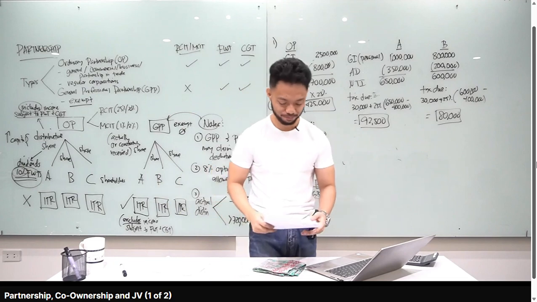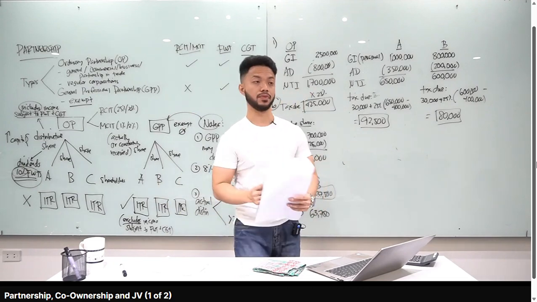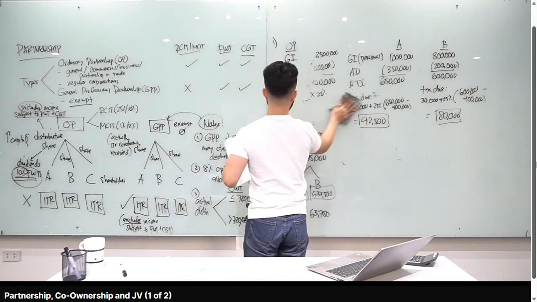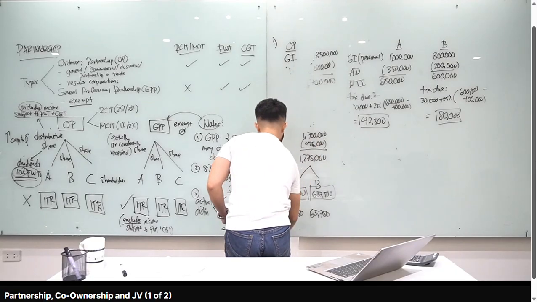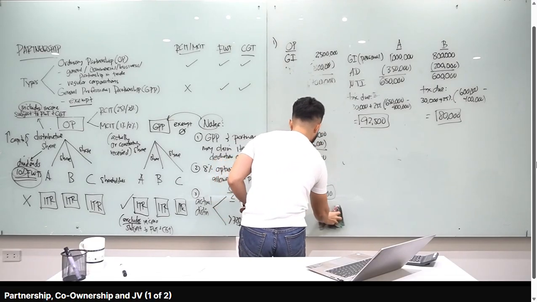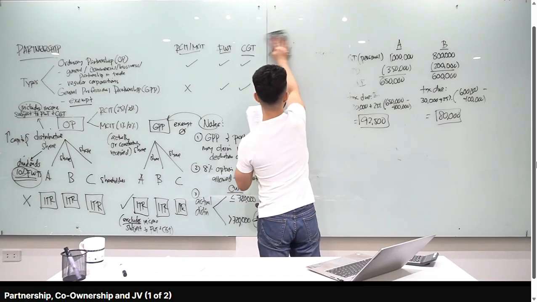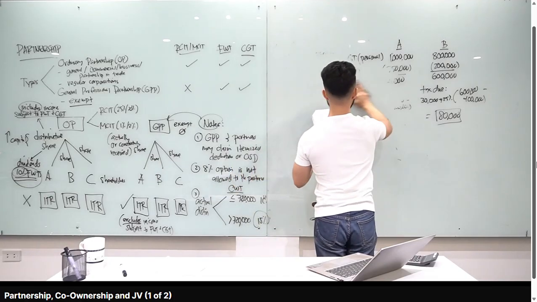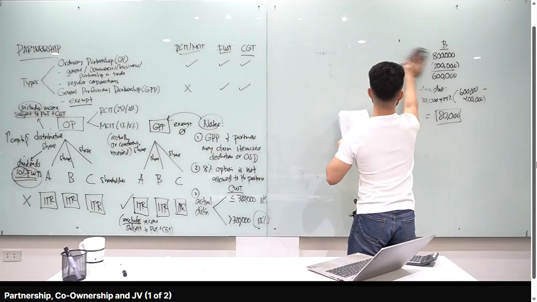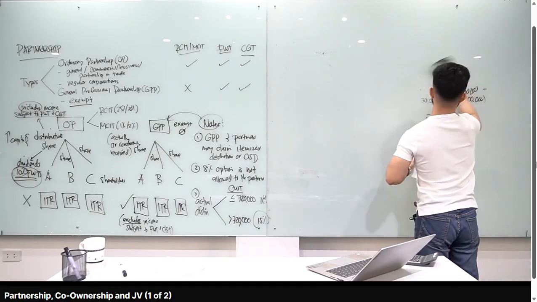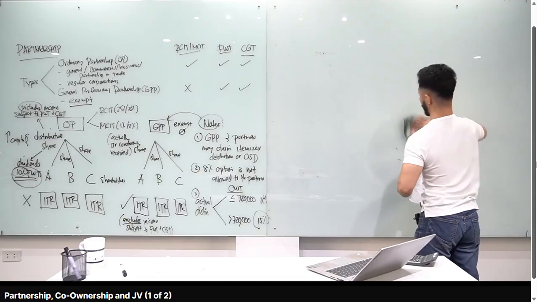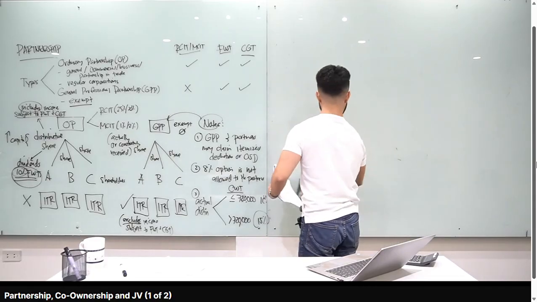Easy. Okay. Let's answer a more comprehensive problem. Problem number 2. Okay, so problem number 2, let's read the questions. We have 4 questions for this problem. Question number 1, compute for the distributive share of each partner in the total income of the general professional partnership, GPP. So class, again, pag sinabi kong distributive share, isipin mo lang ito yung net income allocation in a FAR, right? Lagi ko inuulit yun, okay?